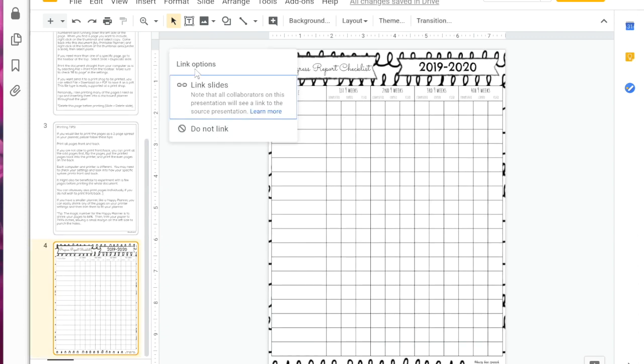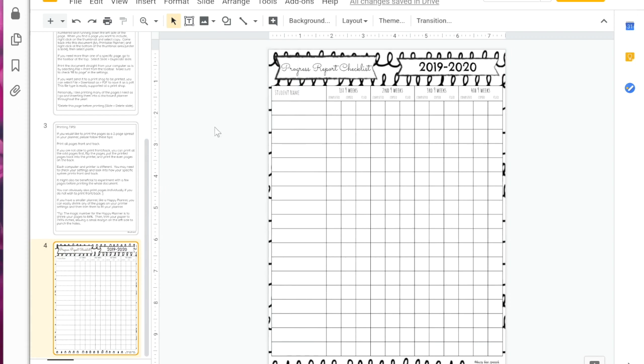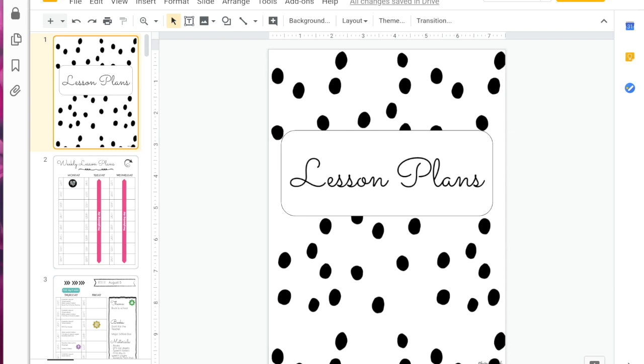And this thing comes up if you want to link something. I usually just click do not link. So then you would do that for all of the forms that you want to use. Okay, so after I have all of the forms in one place, I type everything I can into the documents